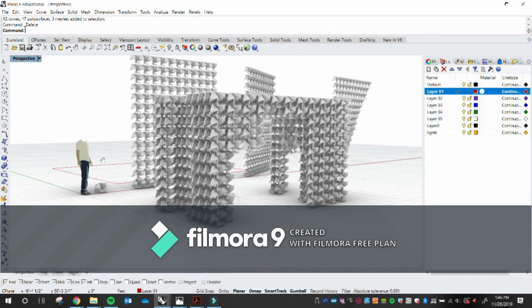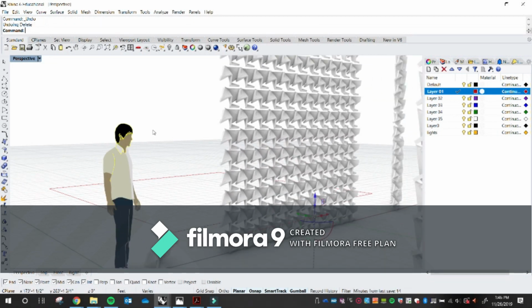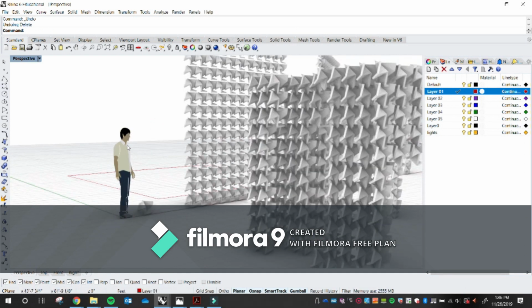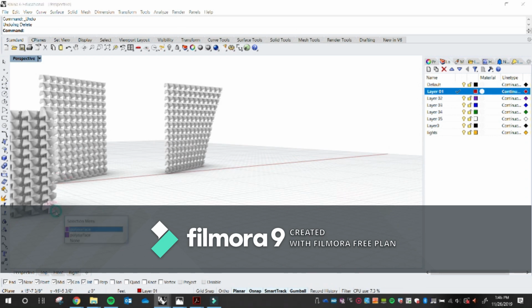Oh, I got rid of his head. Okay, there it is. There it is. All right. So that's fun and all. So that's cool. There's another array. There's one that is a little bit more powerful,